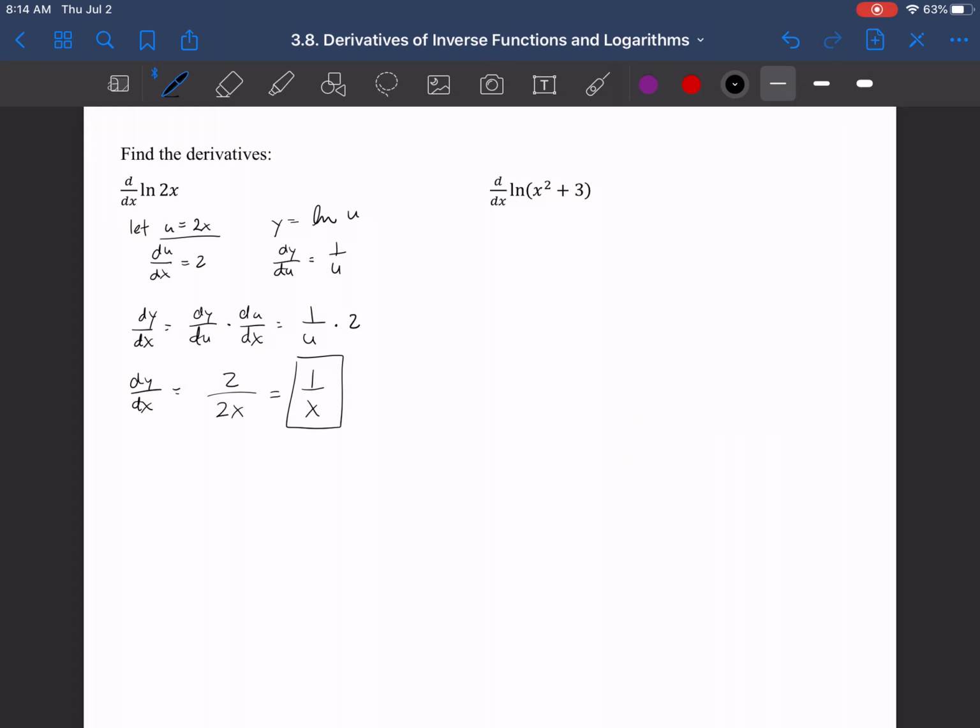All right, that worked out nicely. The other thing you could have done is just done the outer times the inner. We didn't have to actually do the substitution. If you're more comfortable with outer times inner, this just becomes,